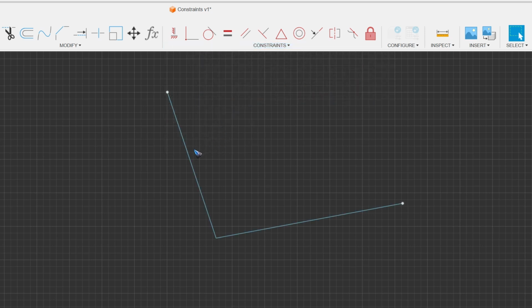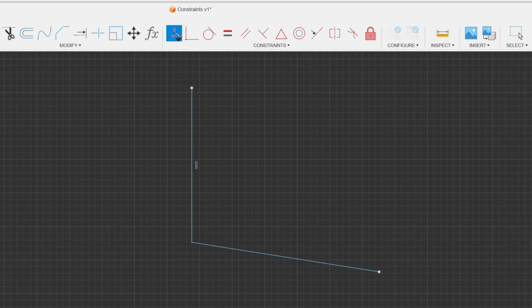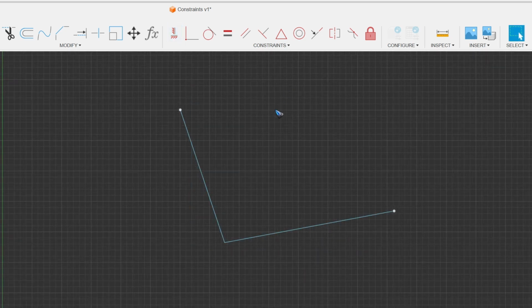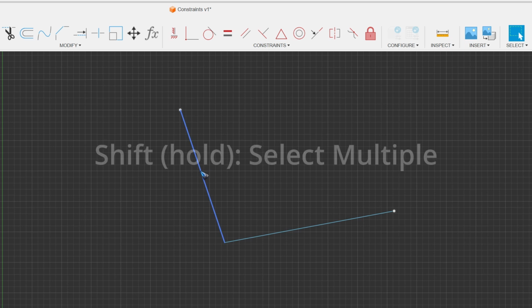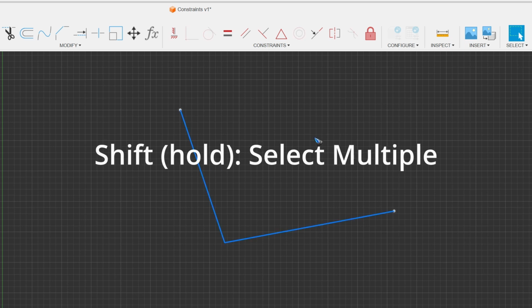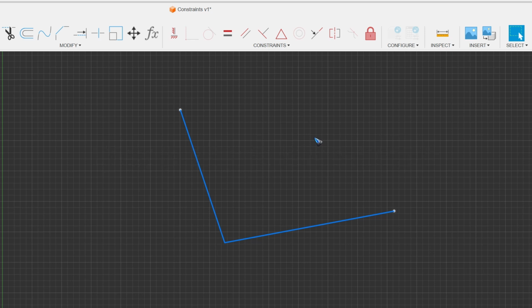Let's try it out. I click this line and then click the icon, and indeed that line became vertical. And I can also immediately click that line and it becomes horizontal. What you could also do is first select all the lines you want to affect. Let me click this and then press Shift on the keyboard for multiple selection. I can select only 2 because I have only 2, but you could select 12